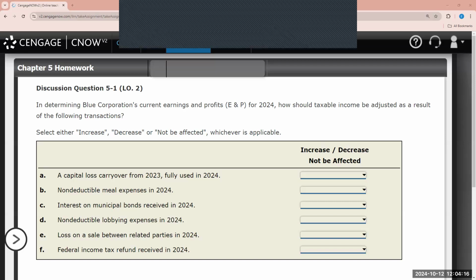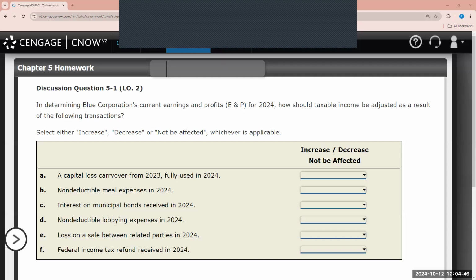This video will cover several questions from Chapter 5, which covers earnings and profits and dividend distributions of a corporation. So for this first question, it asks, select either increase, decrease, or not affected, whichever is applicable. In determining Blue Corporation's current earnings and profits, E&P, for 2024, how should taxable income be adjusted as a result